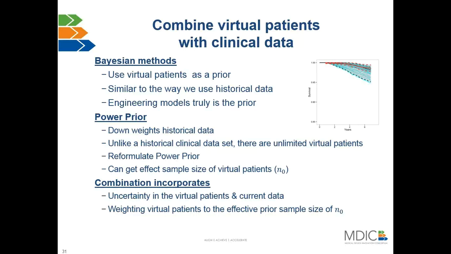So we utilize a method called a power prior, which essentially was developed to downweight historical data. But unlike historical data where usually you have a limited sample, in this particular case, because we're simulating virtual patients, we can simulate millions of virtual patients, and we want to simulate millions to capture all of the differences across the demographics, which is why modeling is so useful compared to a smaller clinical trial, because you can't possibly get all of these different types of patient populations in. So we needed to reframe the power prior in a way that was effective, and we wanted to make sure that it was in terms of number of virtual patients.